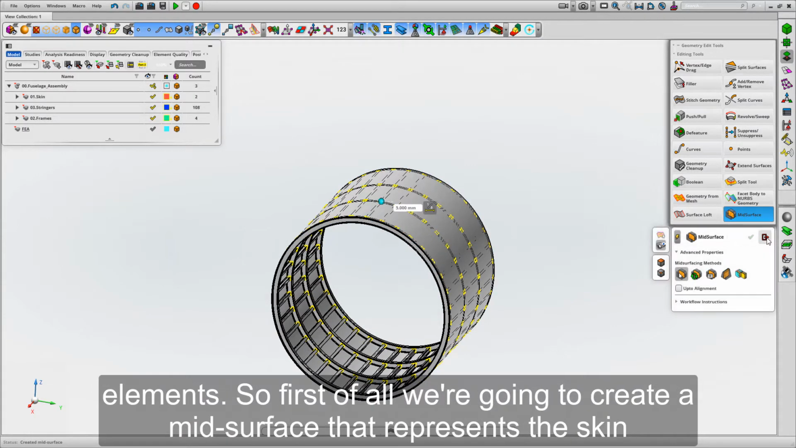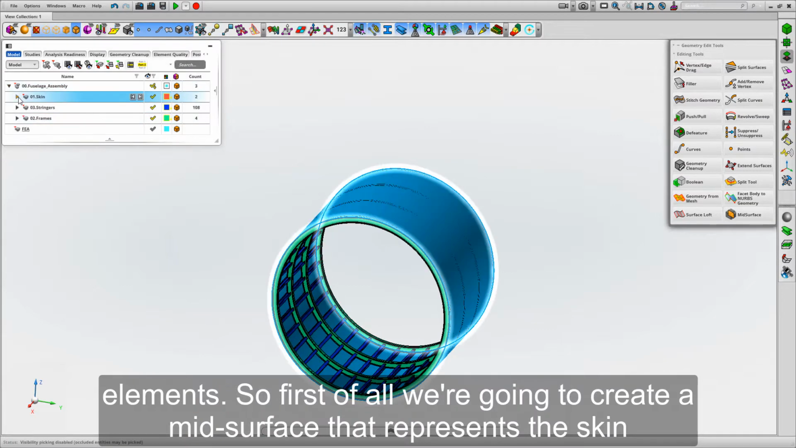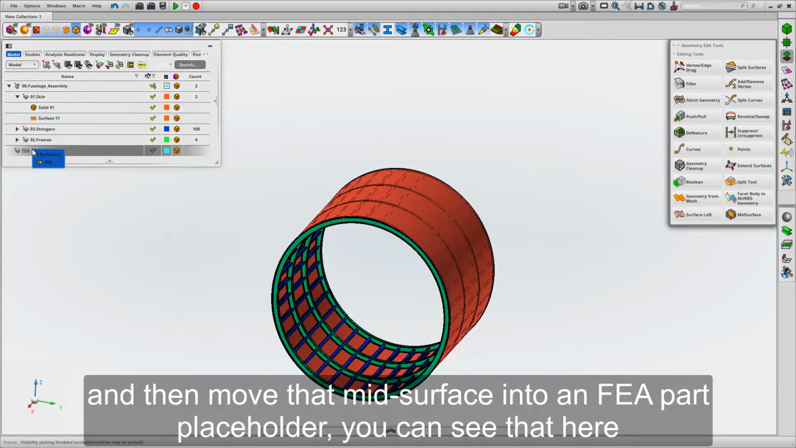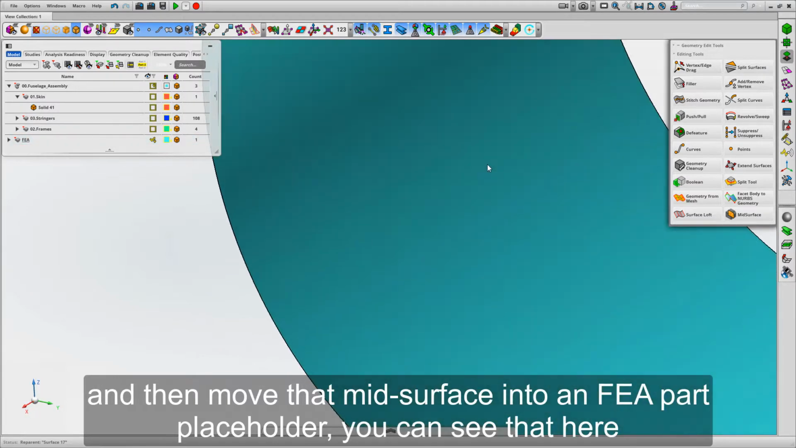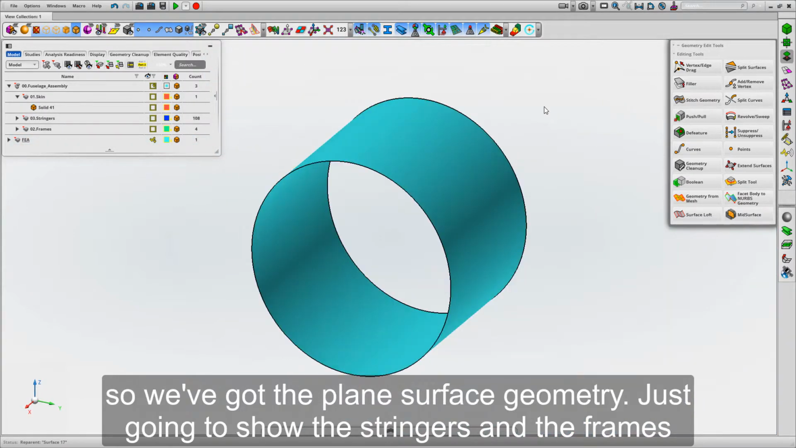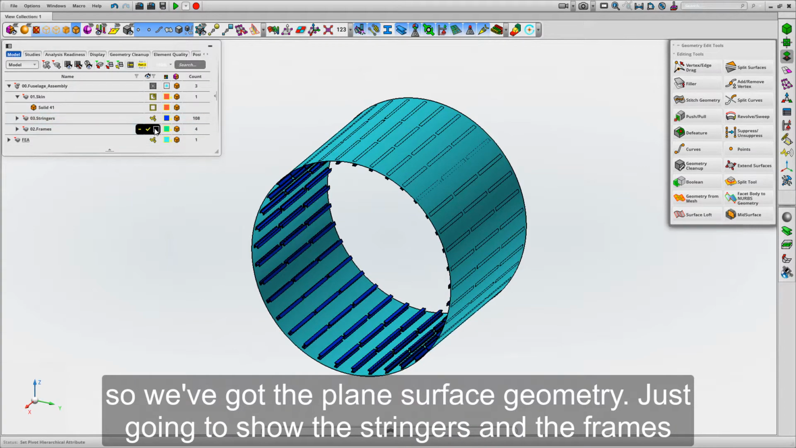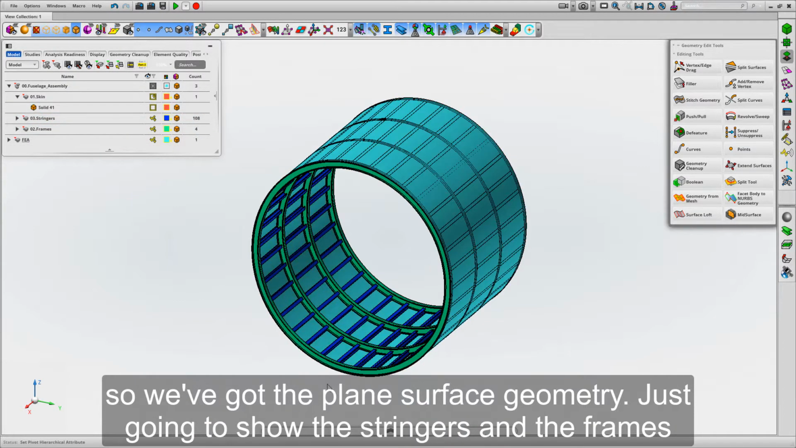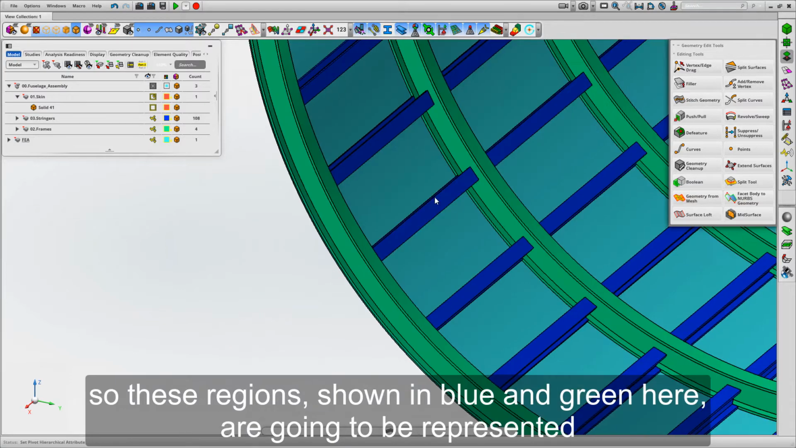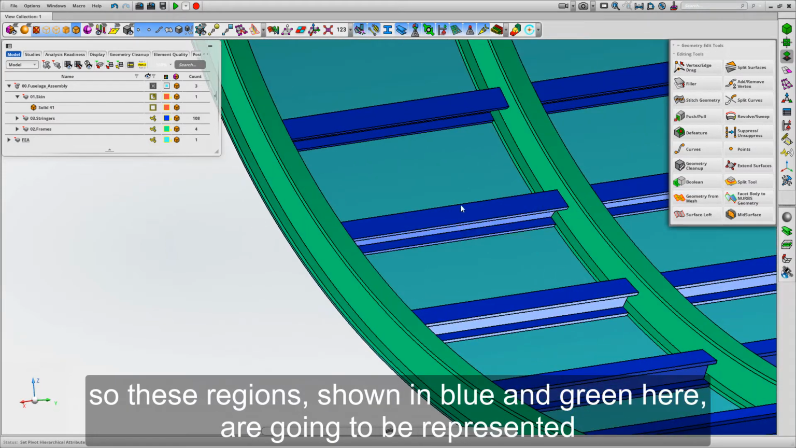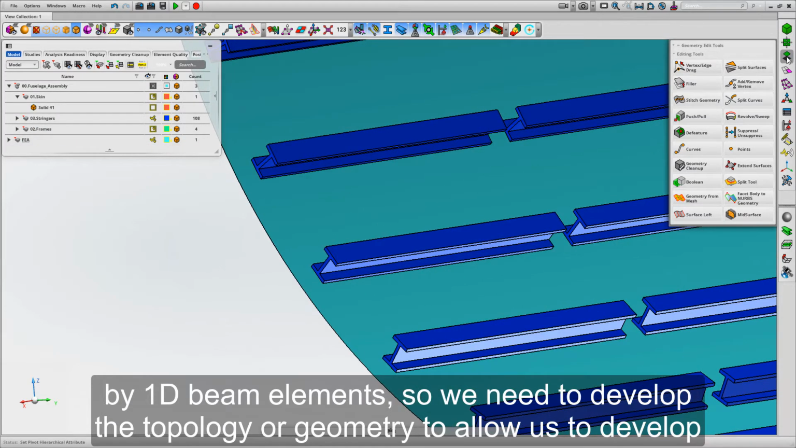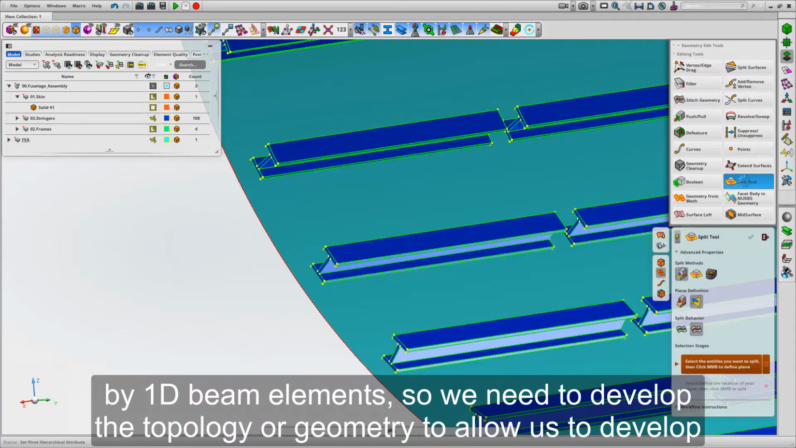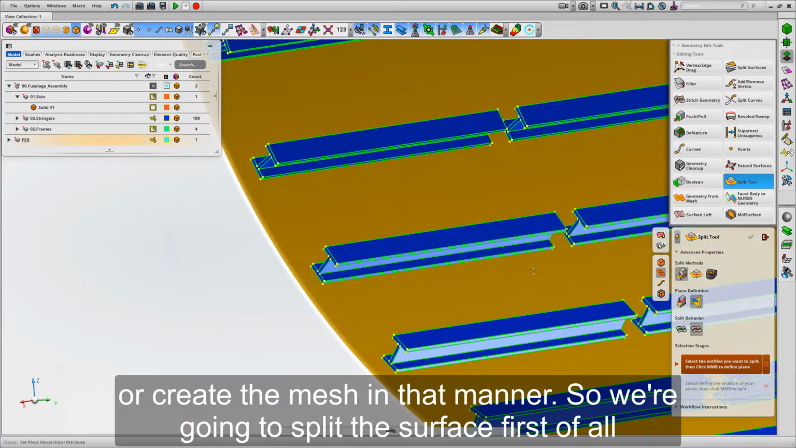Okay, so first of all we're going to create a mid-surface that represents the skin and then move that mid-surface into an FEA part placeholder. So you can see that here. So we've got the plane surface geometry. Just going to show the stringers and the frames. So these regions, shown in blue and green here, are going to be represented by one-dimensional or 1D beam elements. So we need to develop the topology or the geometry to allow us to create the mesh